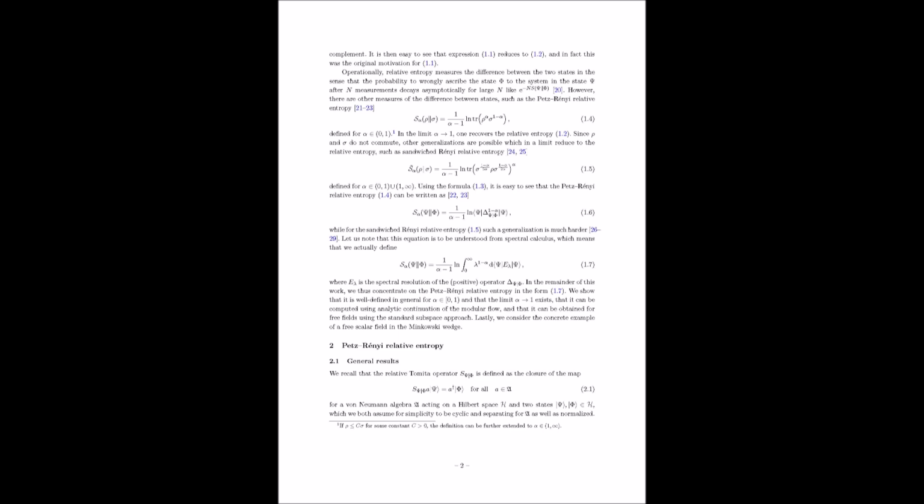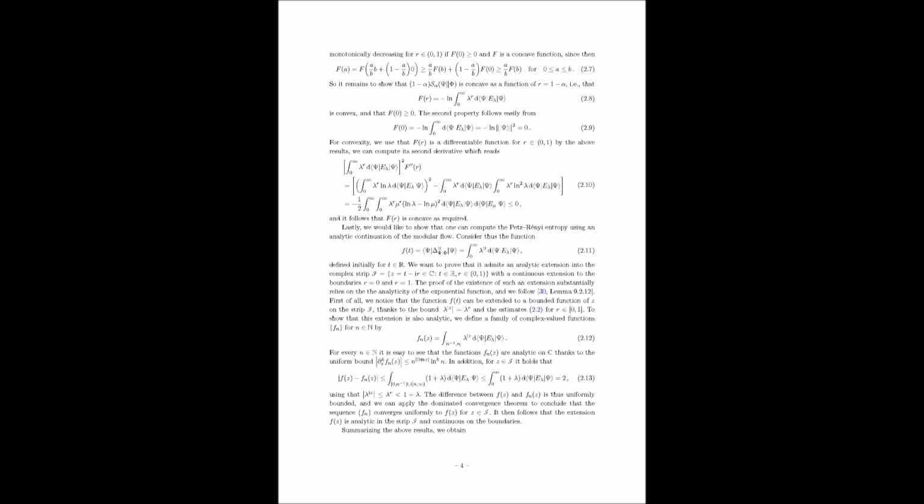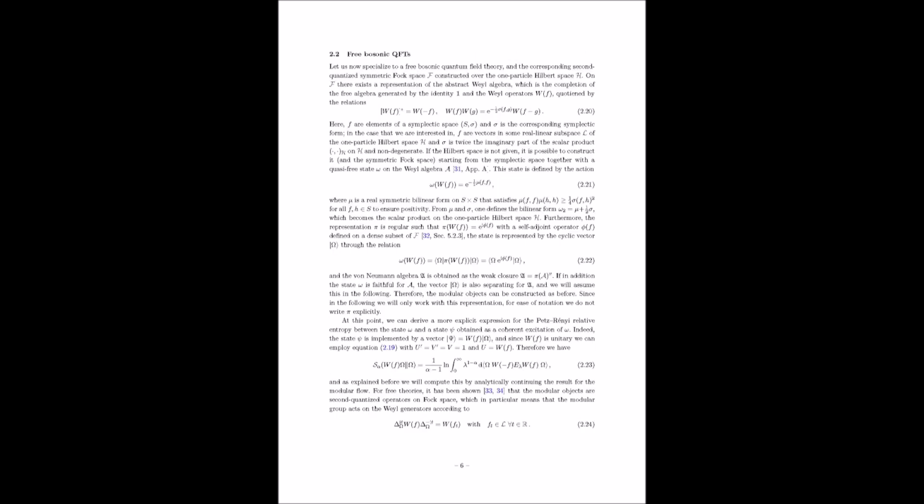Remember, fermions are particles like electrons that obey a different kind of statistics than bosons. Right, fermions are those quirky particles that like to keep their distance from each other, unlike bosons, which are happy to pile on top of each other. Exactly. And because of this different statistical behavior, fermionic systems often exhibit unique and intriguing entanglement properties that could be revealed through the lens of Petz-Rényi relative entropy. I can see how that would be a fruitful area of research. It's like opening up a whole new world of quantum phenomena to explore.